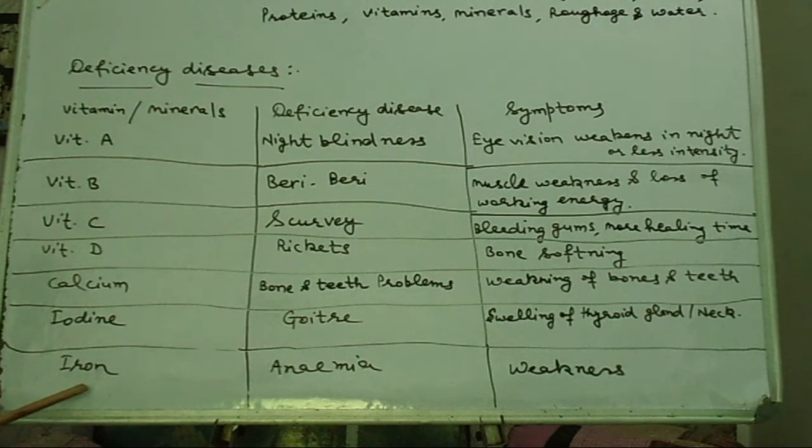And the most common, most working people have the problem of anemia, and this anemia is caused by deficiency of iron, if we are not taking iron in our diet. The person feels weakness, heavy weakness, due to anemia. And if a person is more anemic, then it's very dangerous. The person can even die due to this condition. Due to that, he has to take a diet that contains iron also.